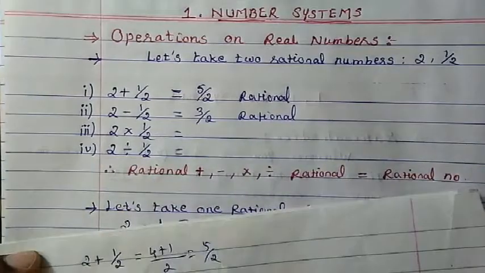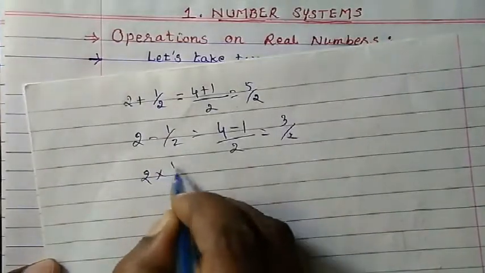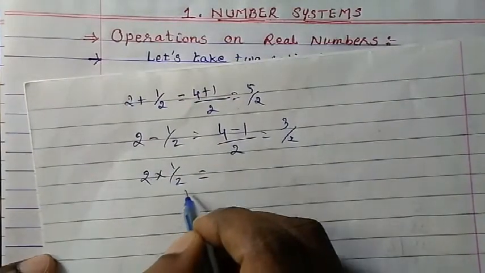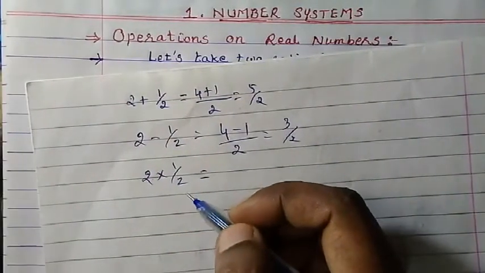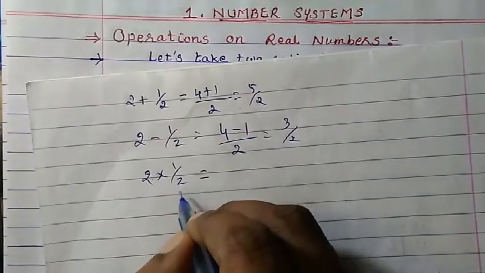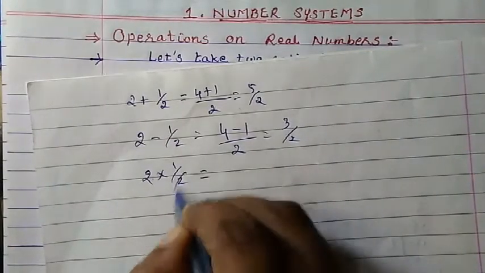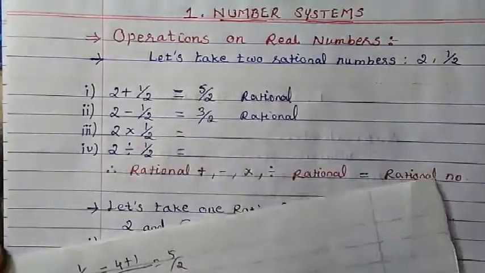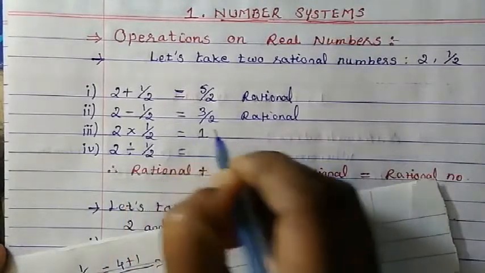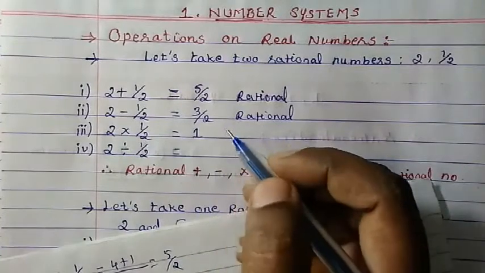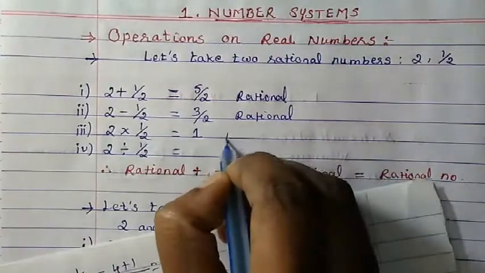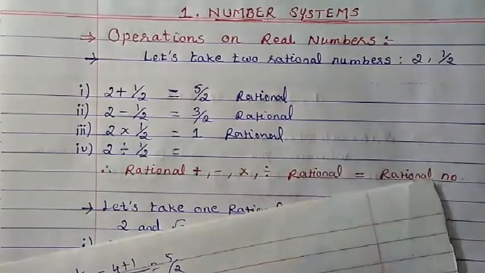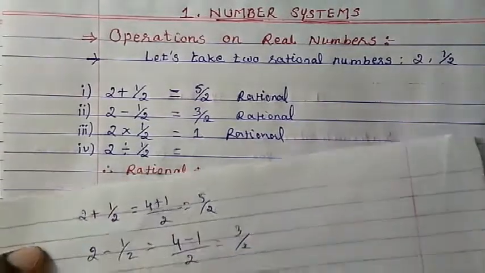Now, if you are multiplying, then what will we get? When you multiply 2 2s, you also can cut this and we will get 1. So our answer will be 1. So this is also a rational. And then if we are dividing,